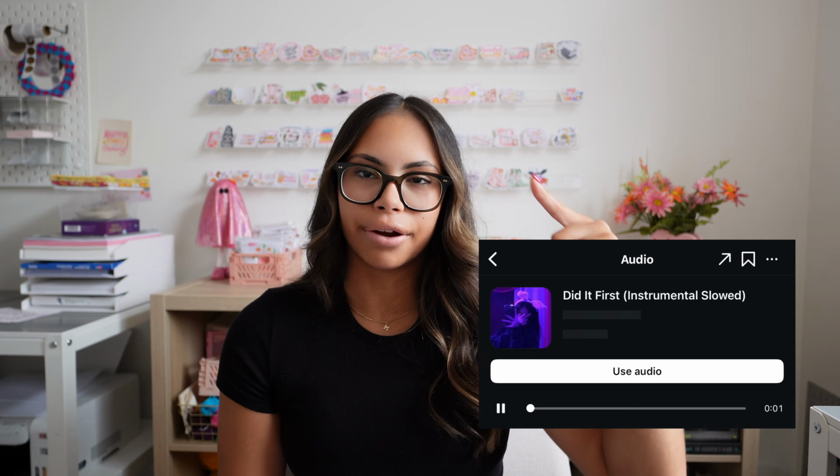If you use a trending audio from Instagram, it has that little arrow pointing diagonally, and that helps people find your video and pushes it onto the Explore page or the Reels scrolling tab. So I like to just add my audio in the social app if I'm going to add any audio. But if you're not going to add any audio, you can just leave it how it is.